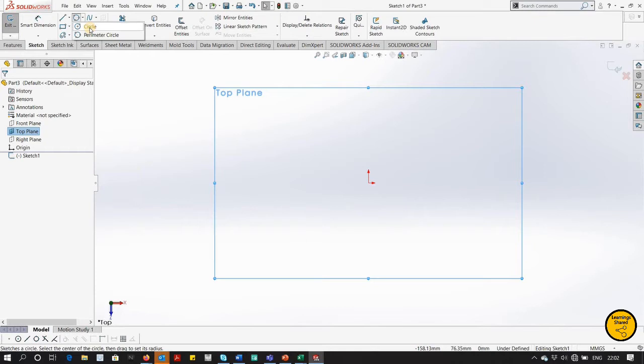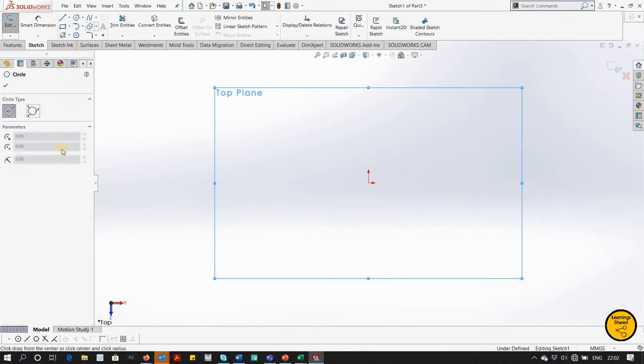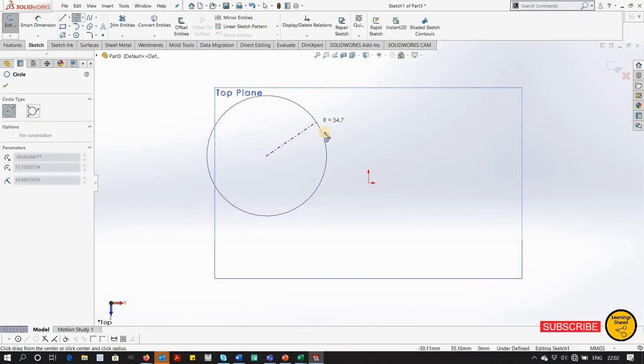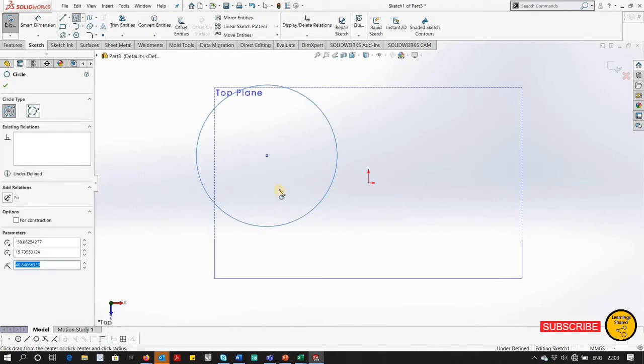So first option is you can create a circle by using 2 points. The first point is going to be the center of the circle, and the second point is going to be a point present on the perimeter. So I'll select the first option. Now we will draw. You can draw the first point, meaning the center of the circle, anywhere on the plane. I will select here and drag it, and depending upon the size of the circle you require, you drag it till then and drop it.